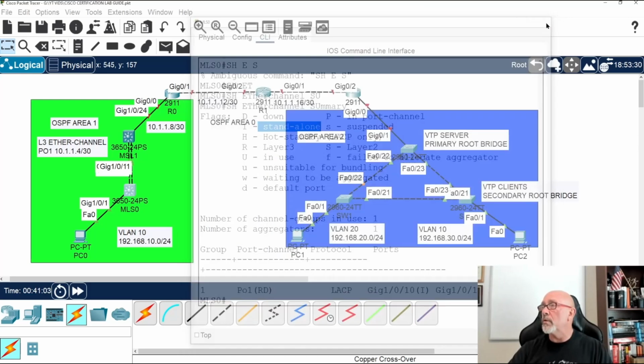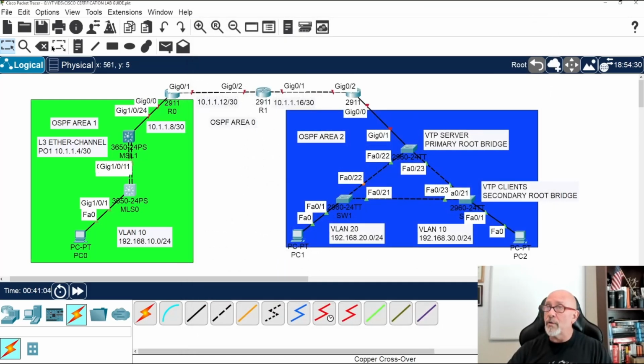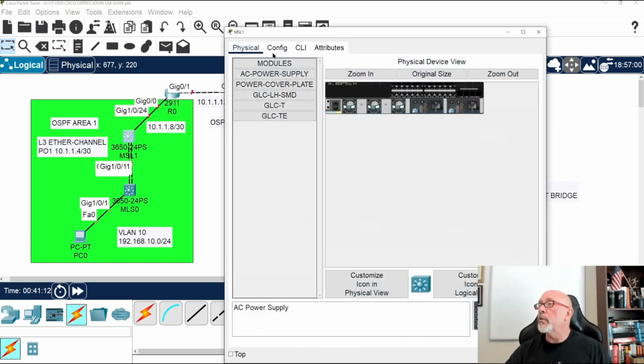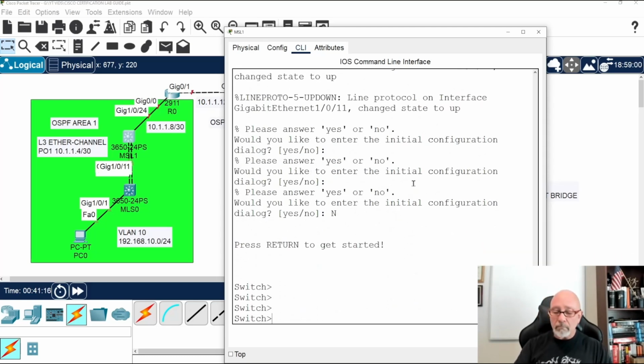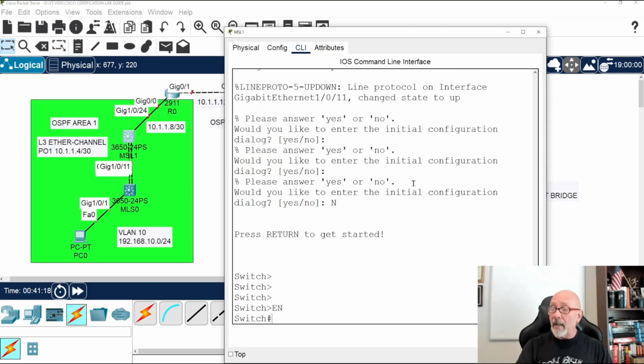Cool. Let's close this. Save as you go. Let's wait for that little thing to come up. There you go. Get that switch going. I'm not going to do housekeeping here, I did it once. So remember where I did the housekeeping.